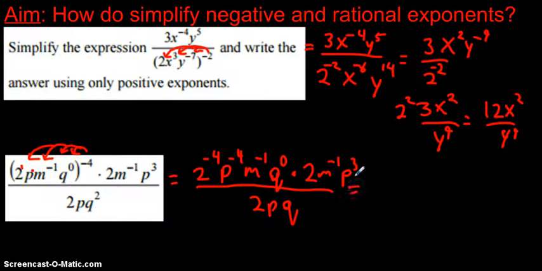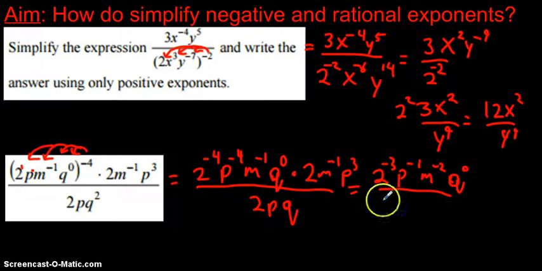Now to apply the multiplication rule, we add the exponents, so that'll become 2 to the negative 3, p to the negative 1, m to the negative 2, and q to the 0. Alright. Now we'll apply the division rule. So when we divide, we subtract the exponents. So that's 2 to the negative 4, p to the negative 2, m to the negative 2, and q to